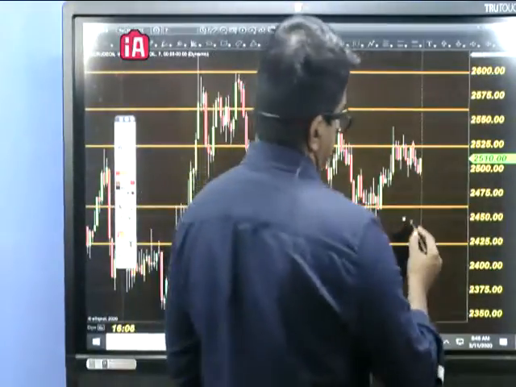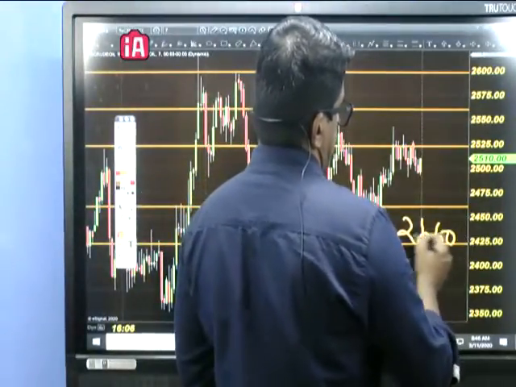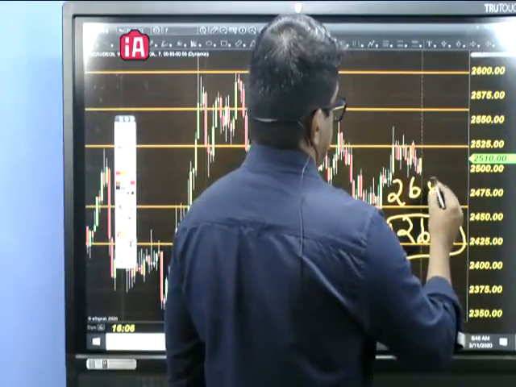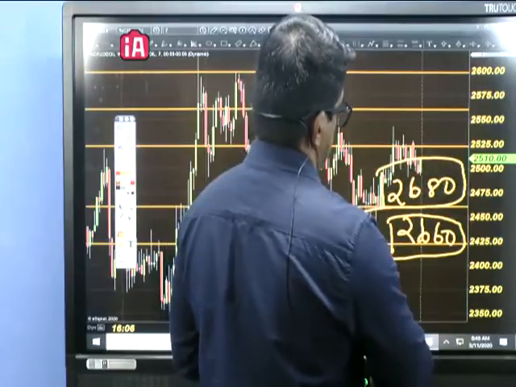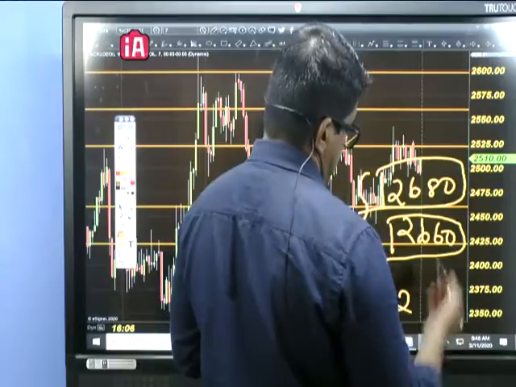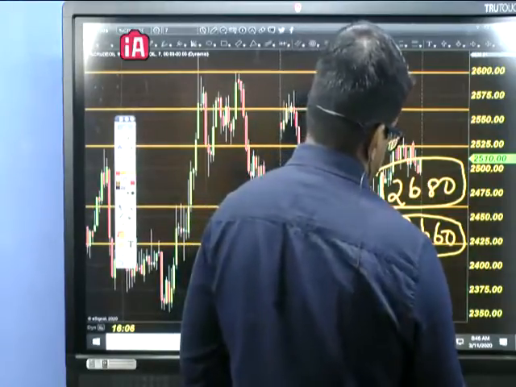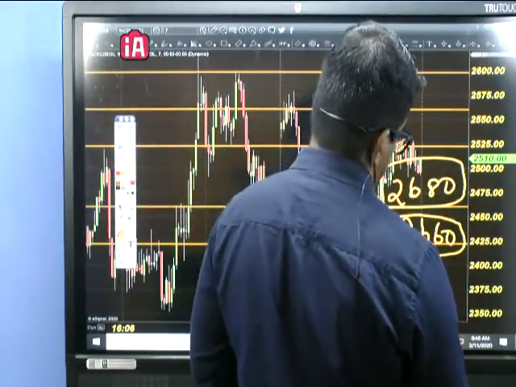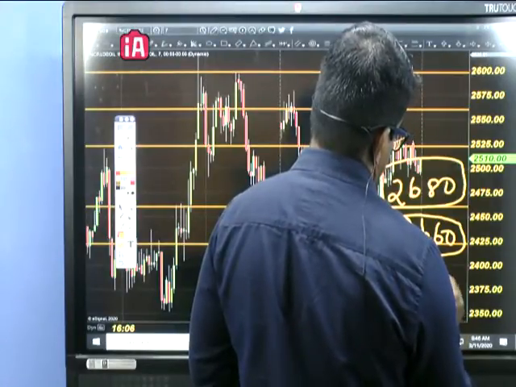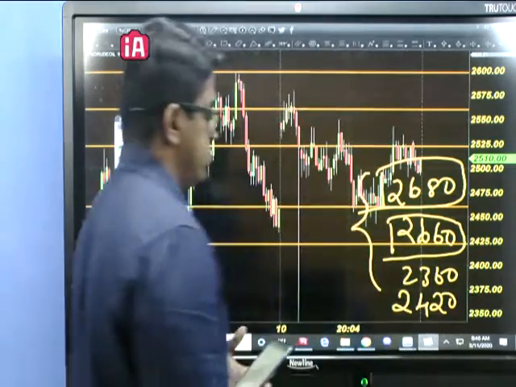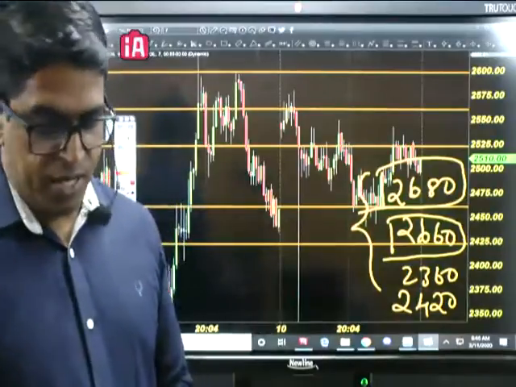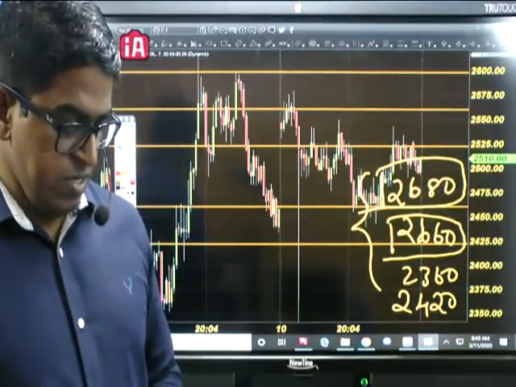So crude oil, we had a huge range to sell till 2660, with 2680 as the stop, and I had given you all the reasons in the explanation why you need to sell. You can take whatever target you want, but what we feel is 2420 or 2360 can be a good area to book profit. So we have a big range for selling, and I had made the explanation clear.